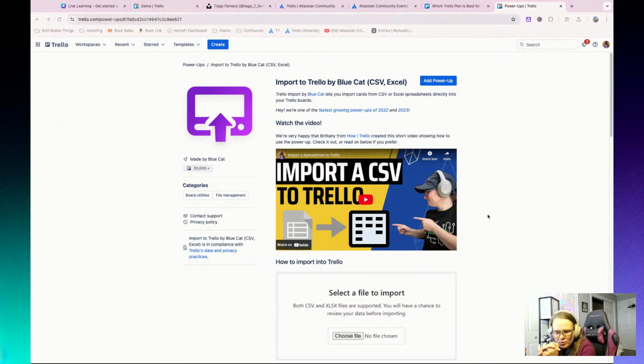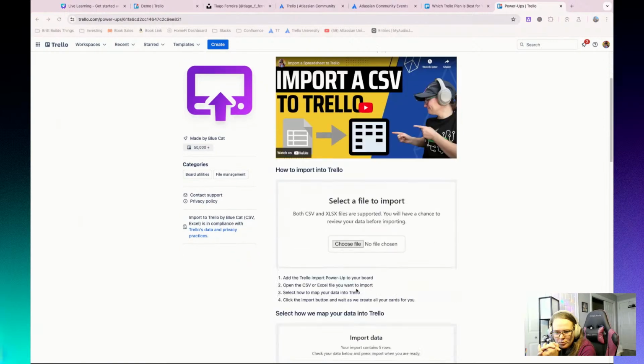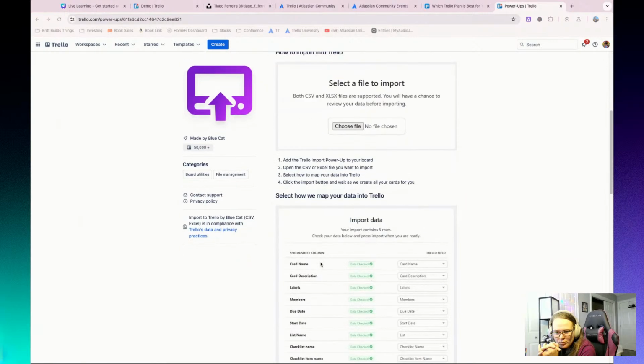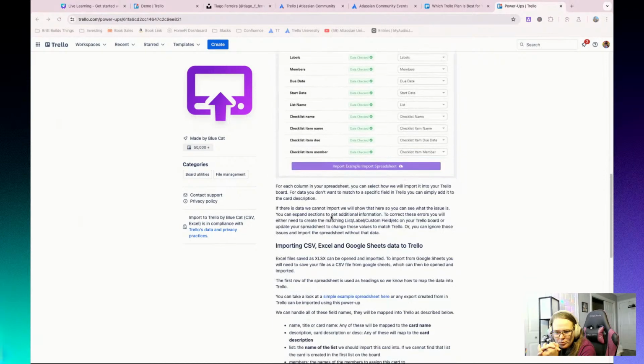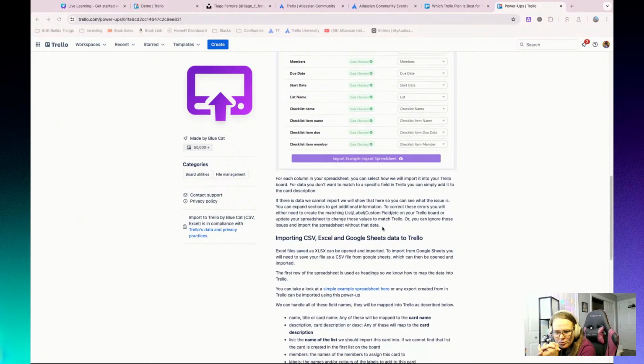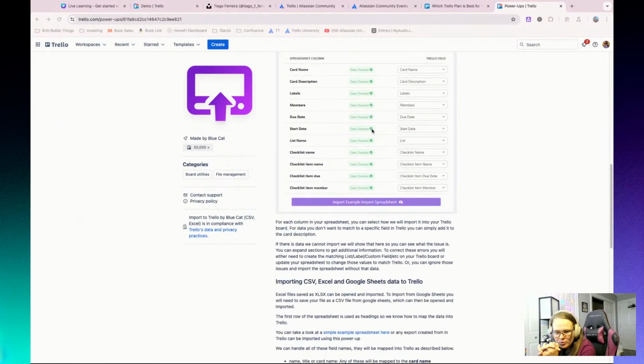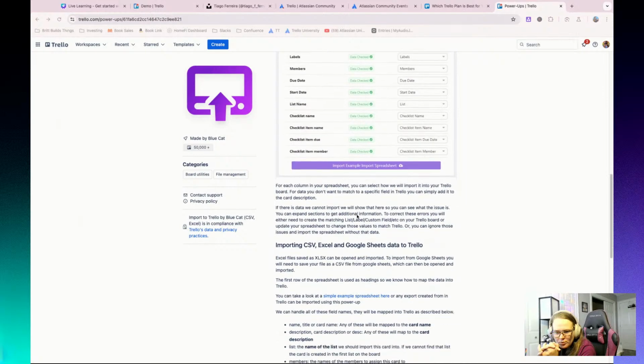But this is a great way you can export your XLS file and you can basically import it directly to Trello. And so you can map and say, oh, these fields mean these things. And for each row, this is what the different columns mean. And this is where I need you to go put them all in. So if you want them to all go to maybe a specific list, then you can specify what that list name is and put it all in there.